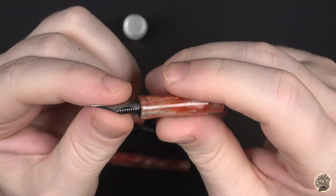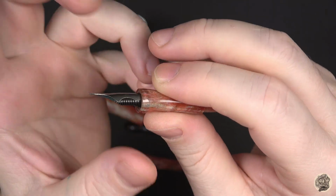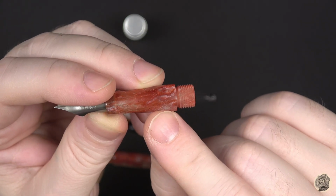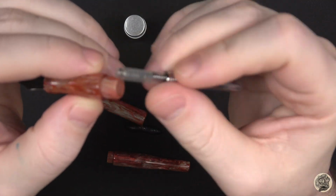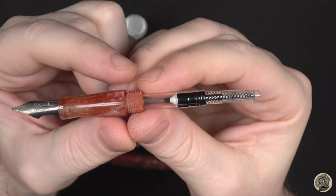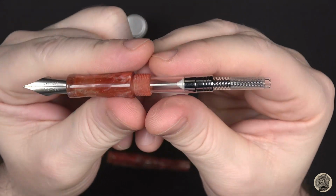Don't over tighten it, just tighten it enough until you feel that it's tight, and stop. Remember, you have plastic threads on plastic threads. Then place back your converter the proper way. If you want to use cartridges, you want to experiment with different things for whatever reason, you